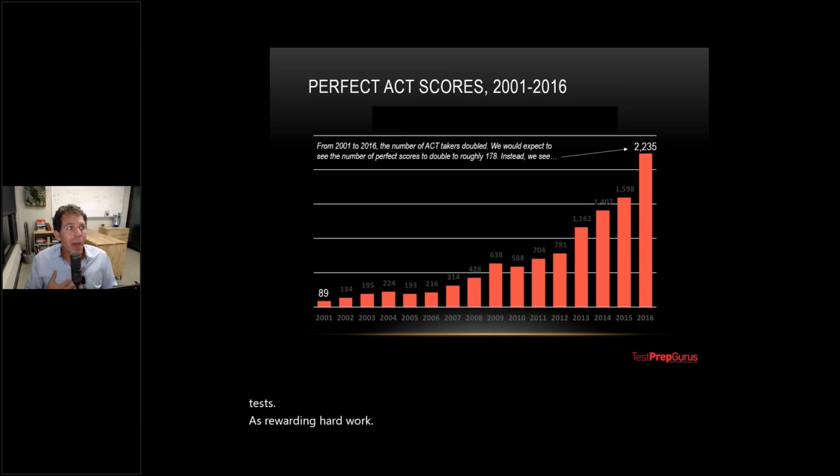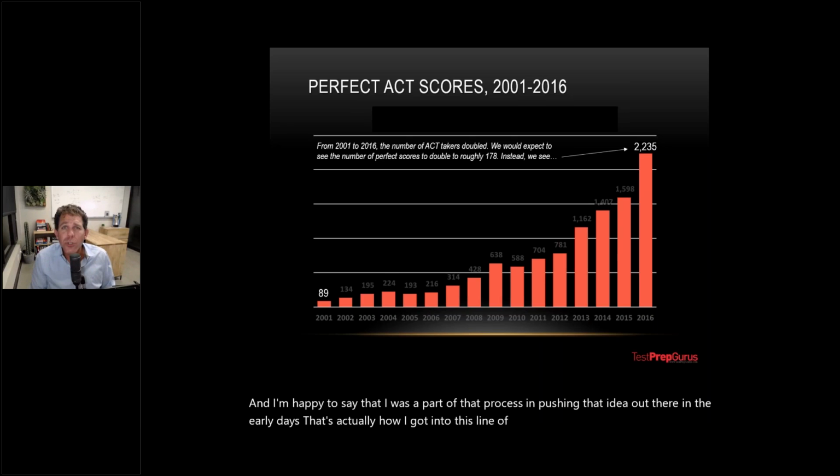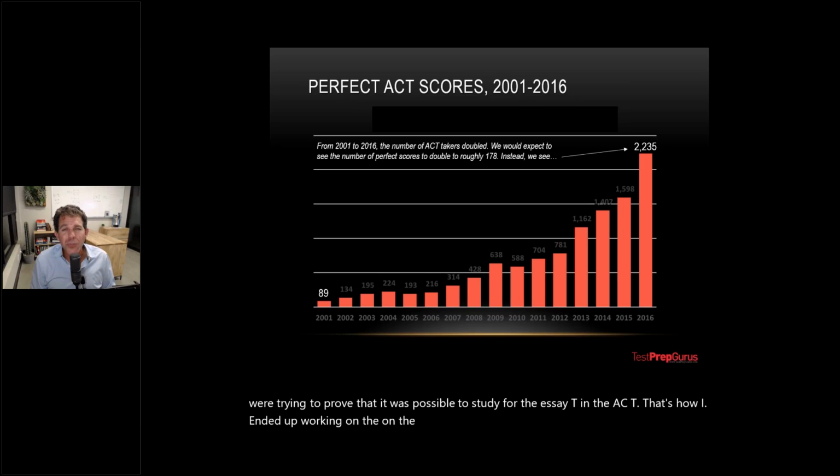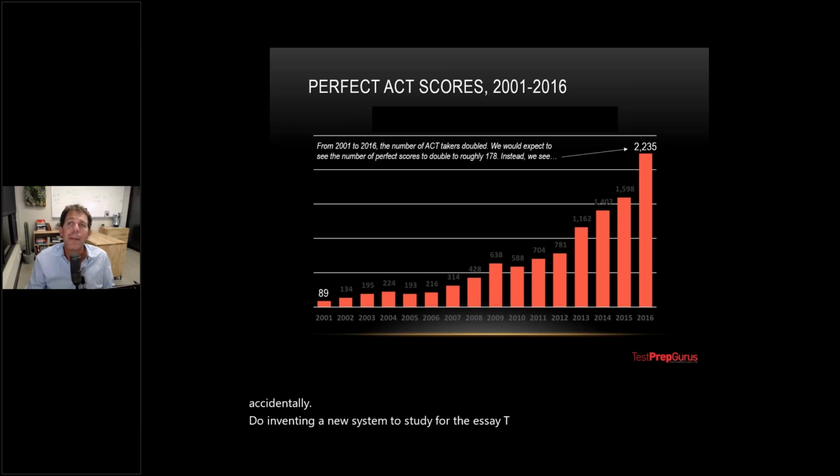And I am happy to say that I was a part of that process in pushing that idea out there in the early days. That's actually how I got into this line of work, which was a research project. We were trying to prove that it was possible to study for the SAT and the ACT. That's how I ended up working on the test, studying past questions for the better part of a year, and accidentally inventing a new system to study for the SAT and the ACT,